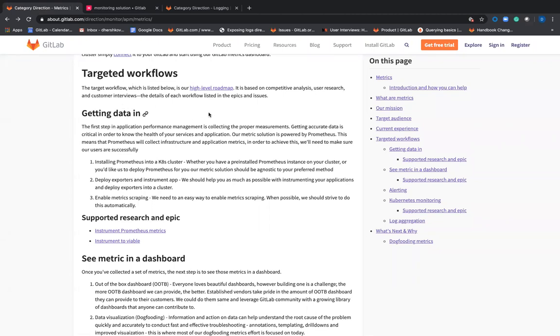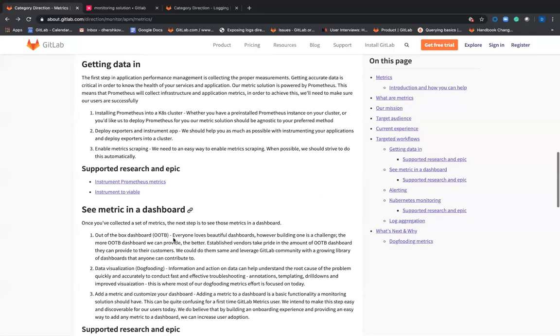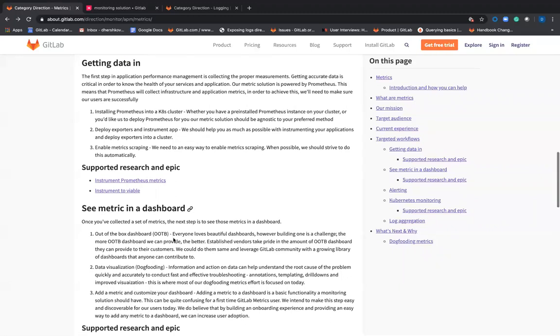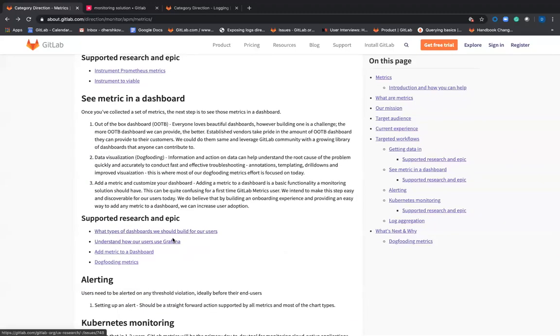And as I mentioned, this is a high-level roadmap, and all the details are listed in the epics and the issues that I try to link. There are a lot of them, but I try to link one or two, or maybe a bit more, that are the high-level epics. We can obviously add more, but at least to have something to look at, and then you can go from one epic. I can just show you how it looks. For instance,